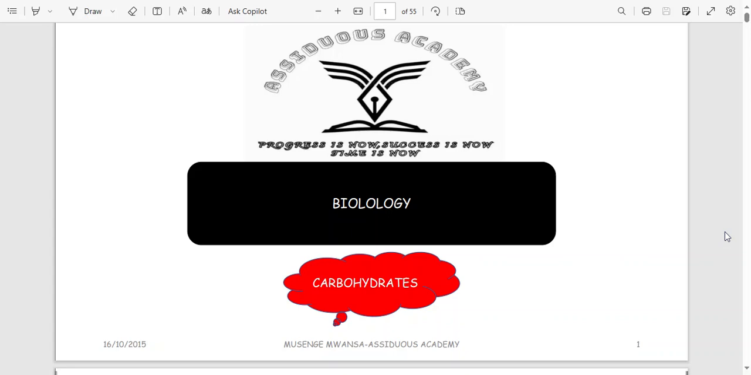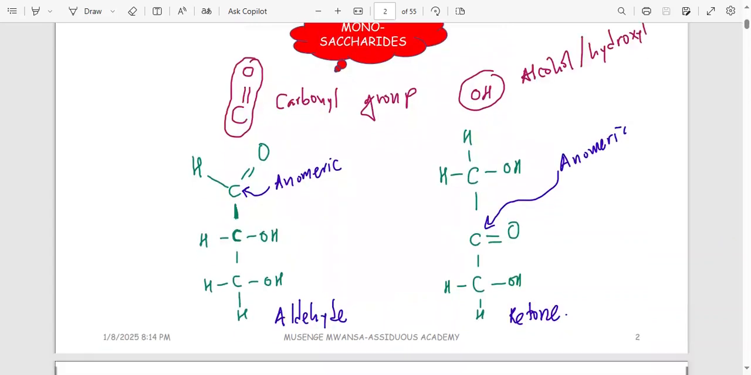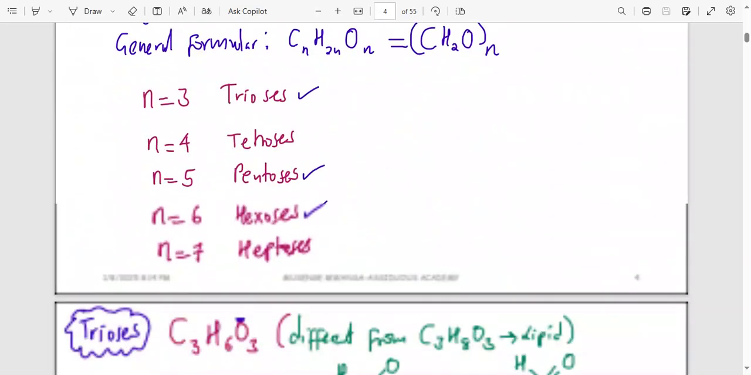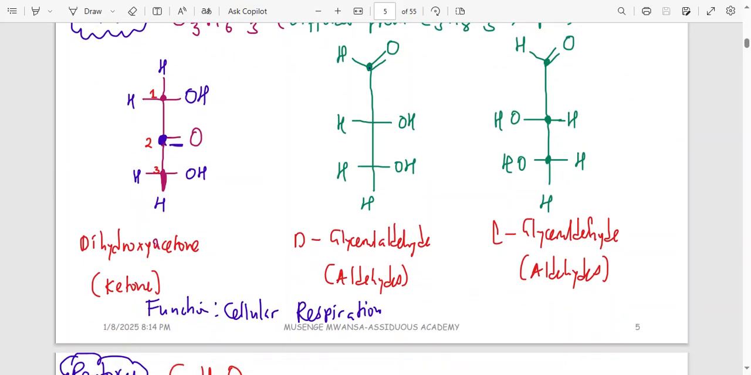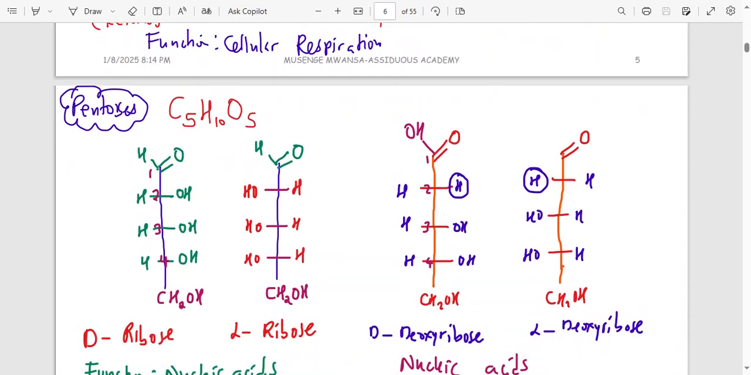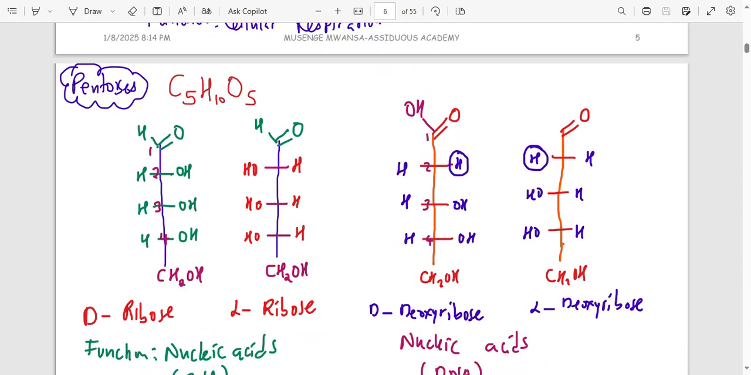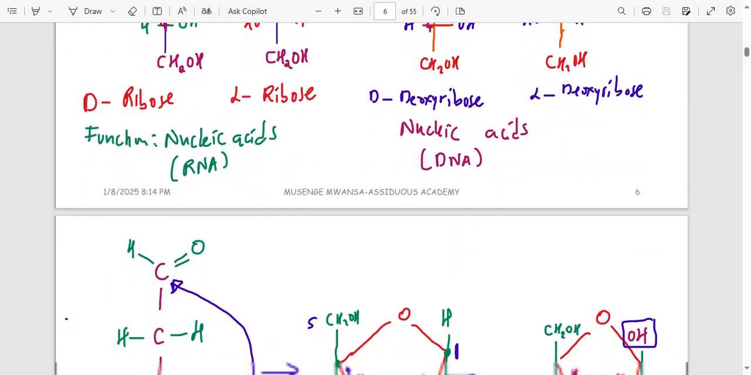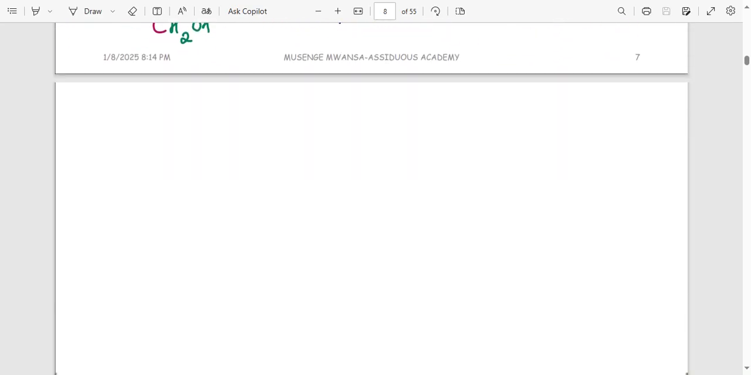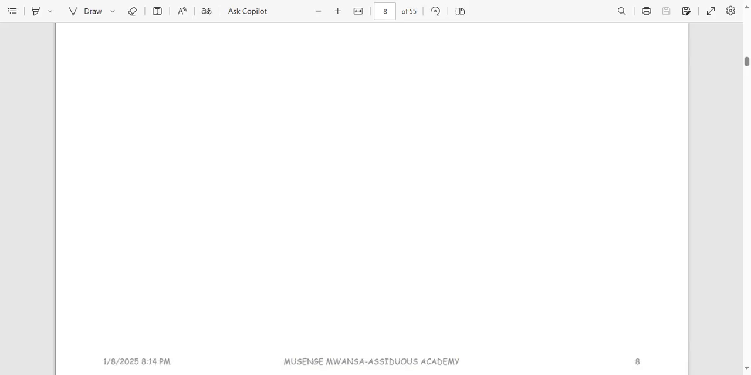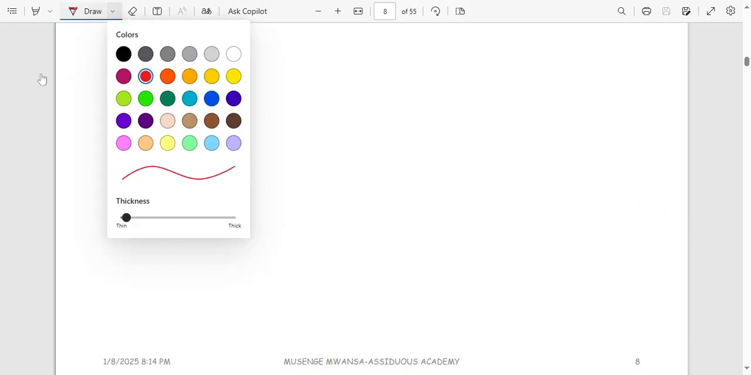Carbohydrates. We started looking at carbohydrates. We talked about the monosaccharides, and we said we can name monosaccharides depending on the number of carbon atoms that they have. We have the trioses, the pentoses, and also the hexoses, at least of importance. Now, let's first quickly mention the hexose sugars, and then we can talk about the disaccharides and